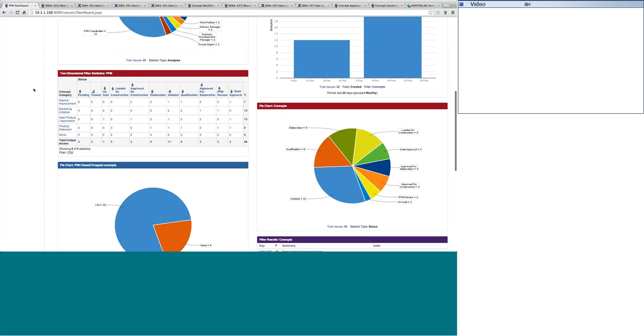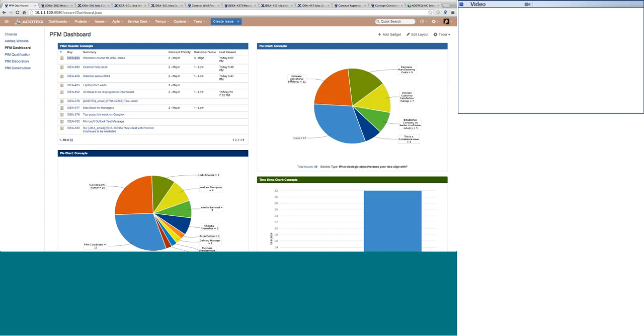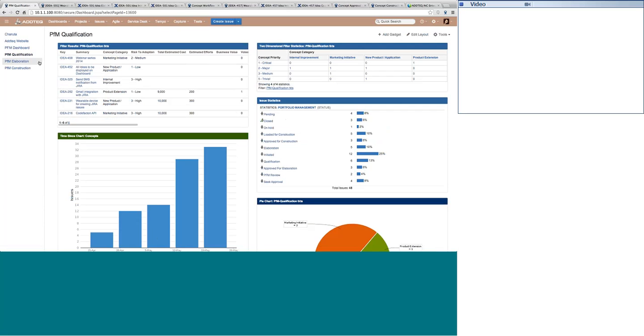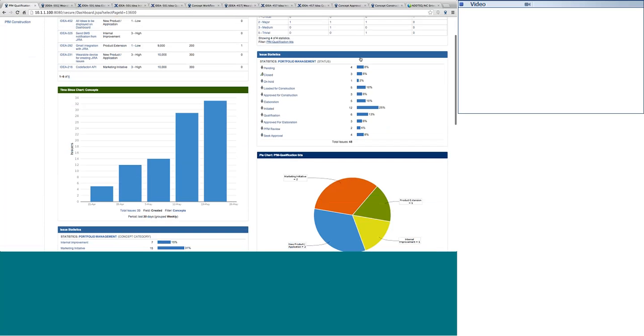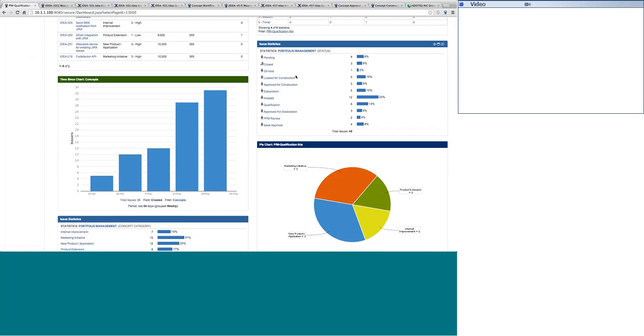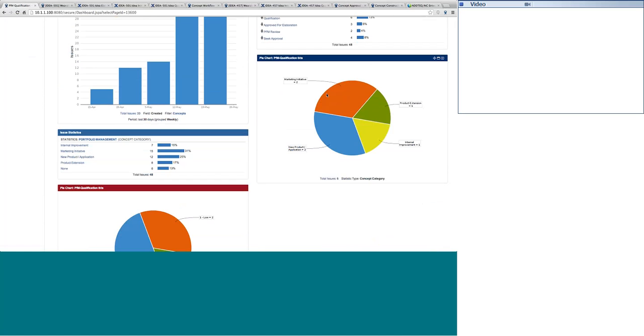Let's say that we have a PSM qualification dashboard, which clearly says that all the ideas that are in qualification stages can be categorized based on the concept category and priority, or they can tell you the status, how many of them are pending, or how many are loaded for construction, just to give an overview, or all the qualification tickets of marketing initiative type, or product extensions, or new products, or on a weekly basis